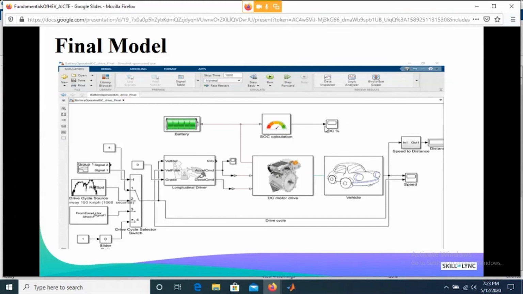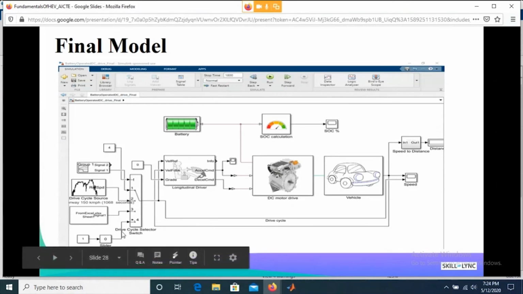The driver model itself represents how the driver will look. Now this driver can listen to either of the sources, where there is a drive cycle selector switch, right? So I can use a drive cycle like this, or I can have any other source of drive cycle.